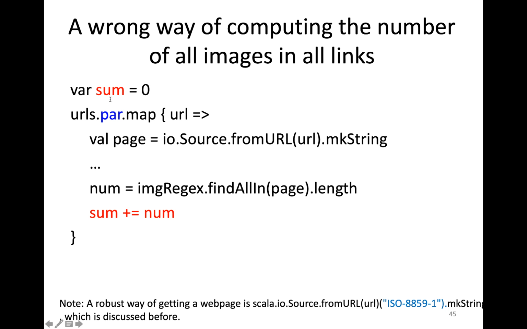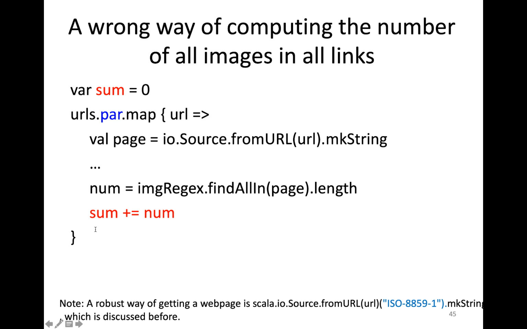Now some developer erroneously can declare sum as var 0 and then a parallel collection of these URLs, and go to this map. So for each URL, get the URL as a string, get how many images there are in that page, and dot length means how many, right? And that is the number, and we try to increment sum with that number, and that will be erroneous because